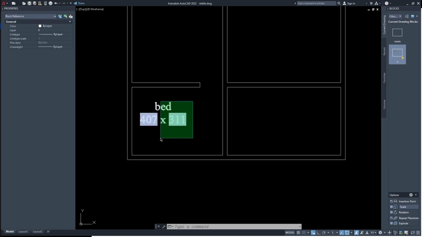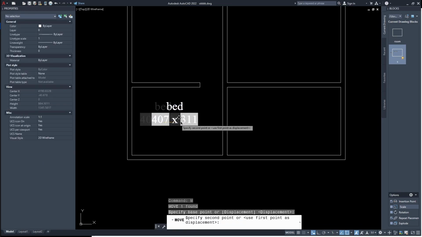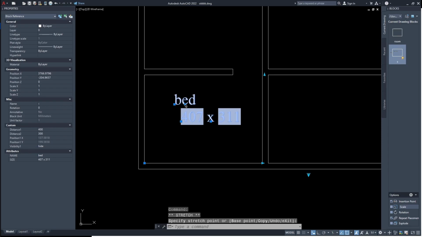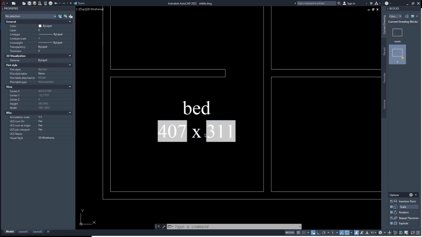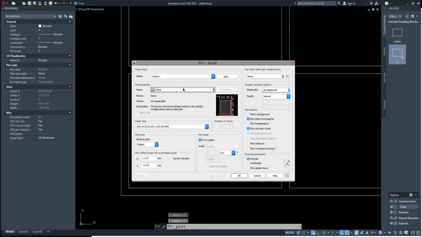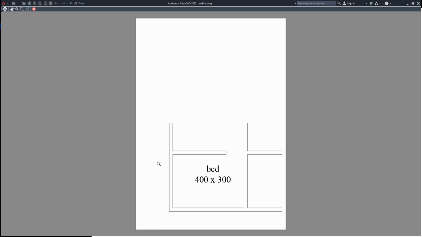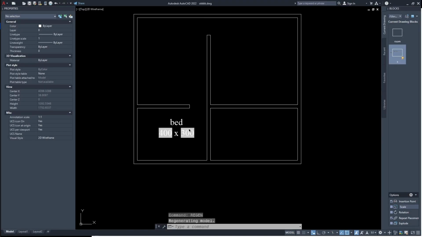You can see the size of the room is perfect, and I can make use of the move tool and move it anywhere on the screen. I can either make use of this. You can see that the size is a little bit highlighted in a different color. That will eventually go away and only show up when you are taking a printout, so you don't need to worry about that anymore. That's the case, and